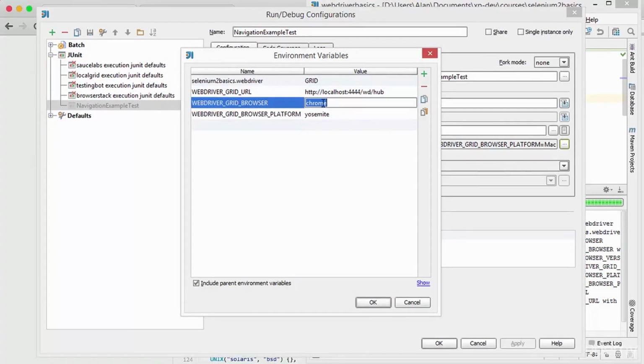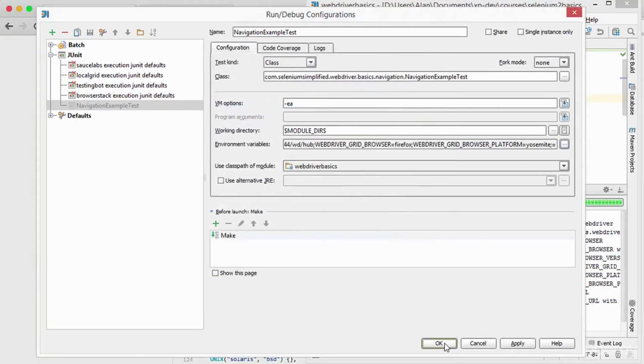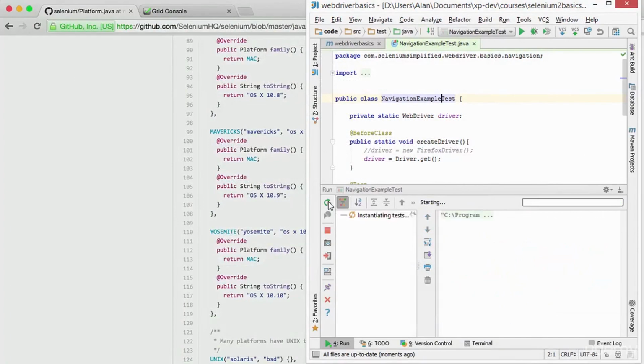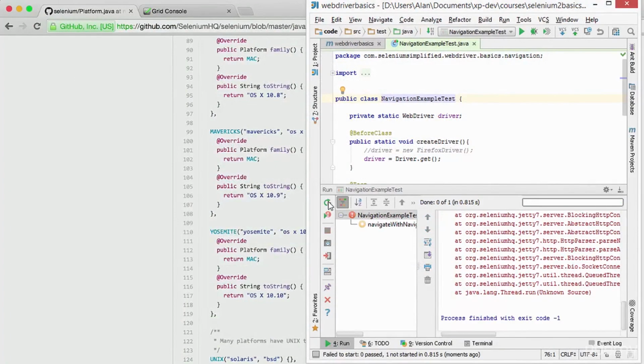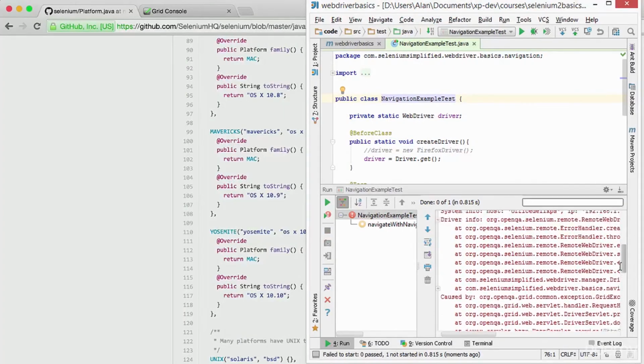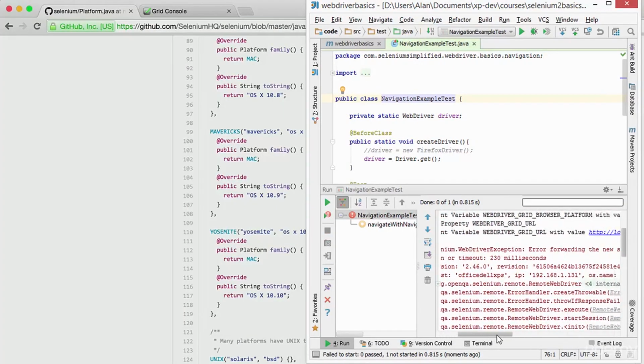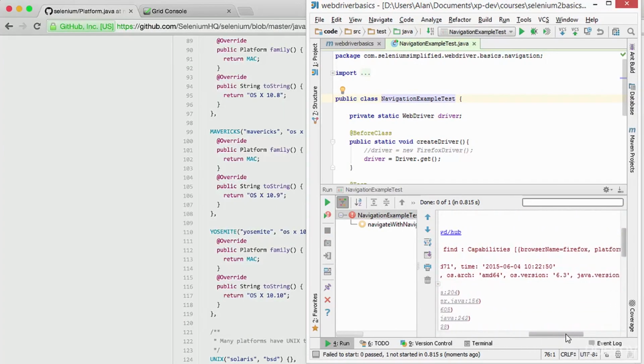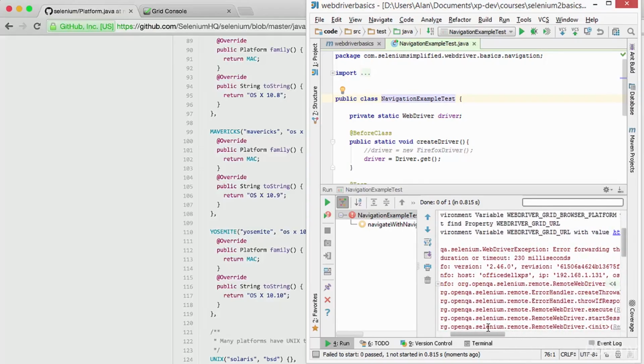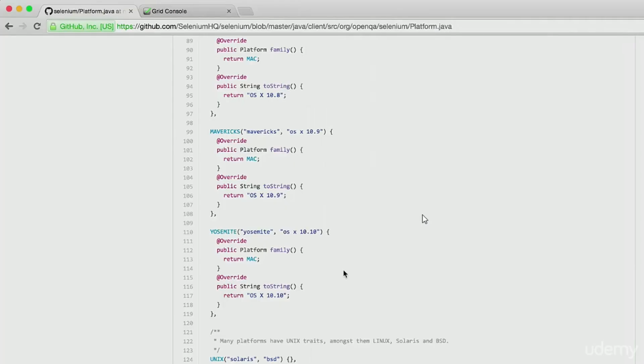I'll change this back to Firefox, just because that's the normal default, and run the test. So it's saying could not find that. Error forwarding session, can't find the capability. So even though I'm running on Yosemite, and even though Yosemite is supported in the platform.java, we've registered it as